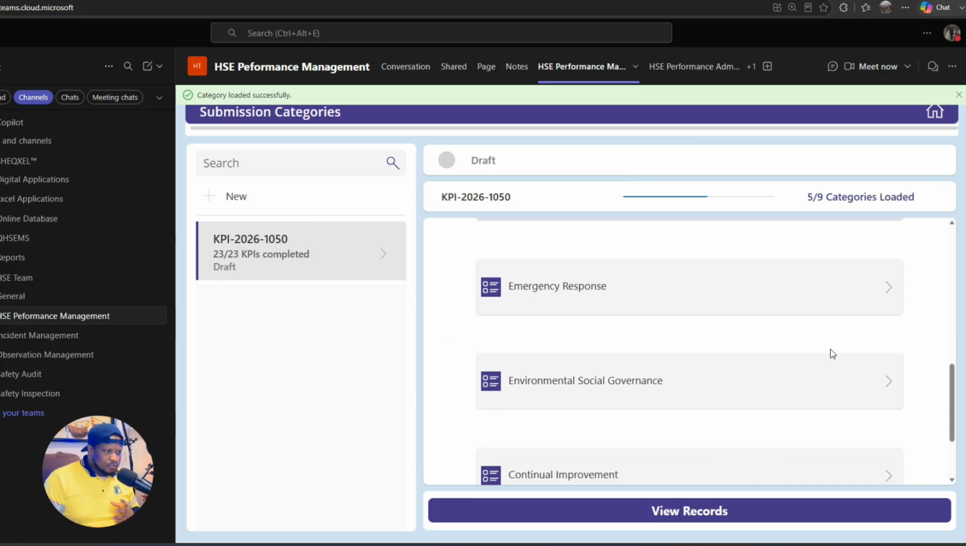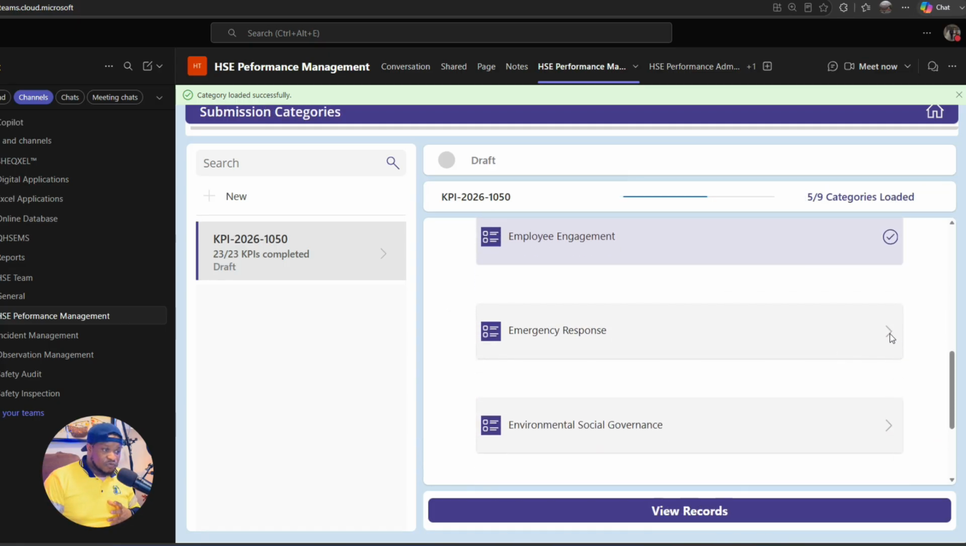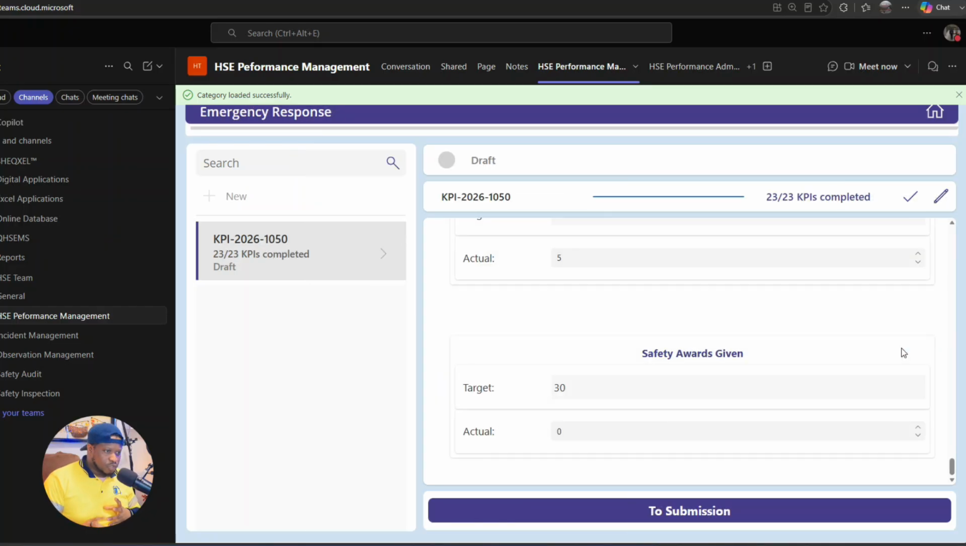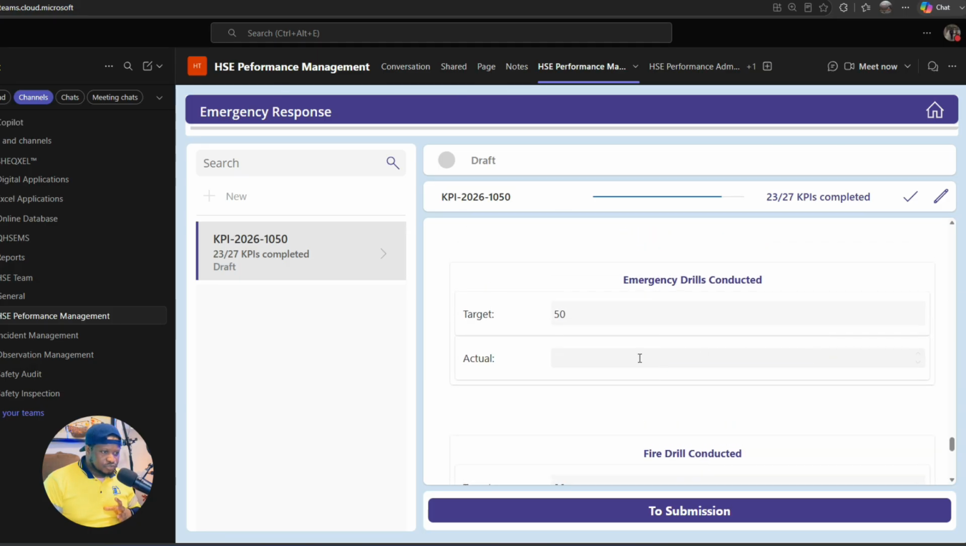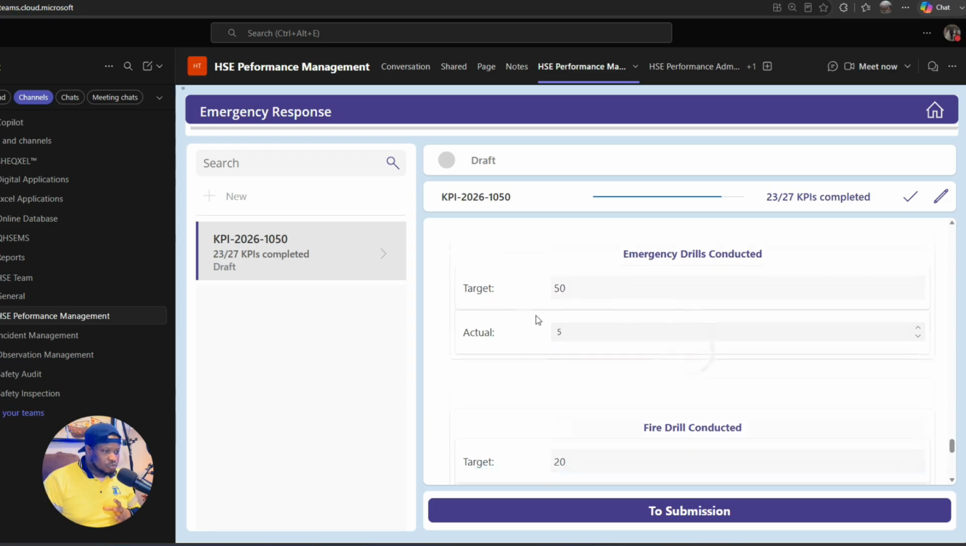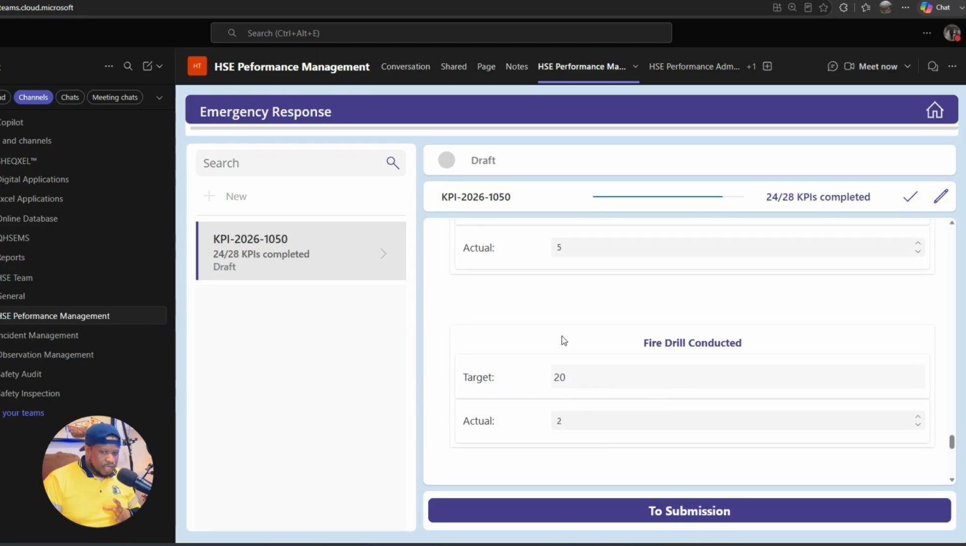So basically, we are done with employee engagement. We move on to emergency response. Okay, so that's also going to load the KPI. We're going to see that very soon. So everything is loaded. So emergency drills, how many drills did we carry out? We carried out 5 drills, and out of the 5 we also did 2 fire drills, and then also we